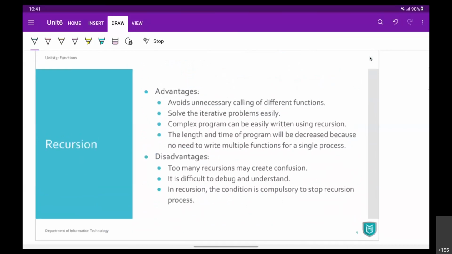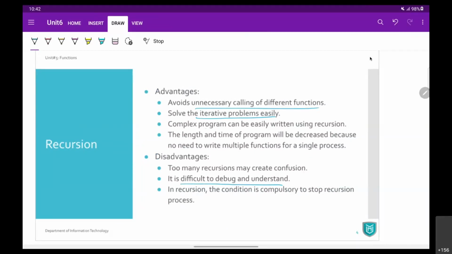We have already gone through these advantages and disadvantages. Unnecessary calling of different functions is avoided here. We can create the same function and call it every time. It solves iterative problems easily, but on the other end, it is more difficult to understand.